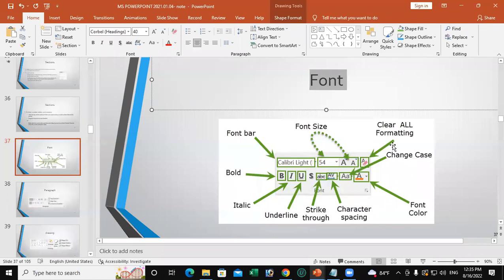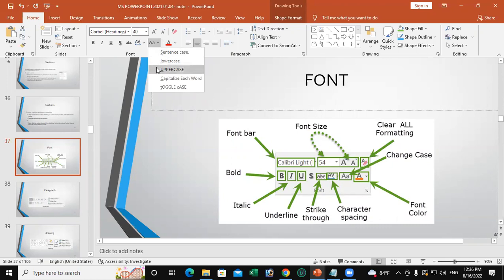So that is the clear all formatting. And then here you can see the change case option, right? Change case means you can switch between capital and simple. Here you can see lowercase, sentence case. Sentence case means the first letter of the sentence is a capital letter, and uppercase, so all the letters are